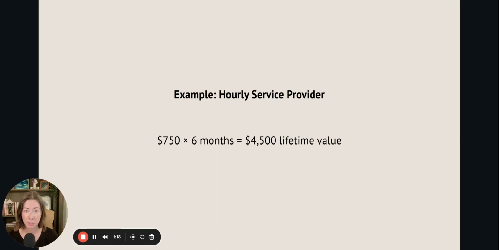So if you have multiple people at a $750 rate, how many hours are they getting? How long are they sticking around? Multiply that, you're going to be able to find your lifetime value per client. Now, you could take this a step further by adding up all of your individual client lifetime values and dividing that by the total number of clients you have, which will give you your average lifetime value. If you've got more than 3 clients, you can do that math. If you don't, then you're just going to stick with individual metrics.